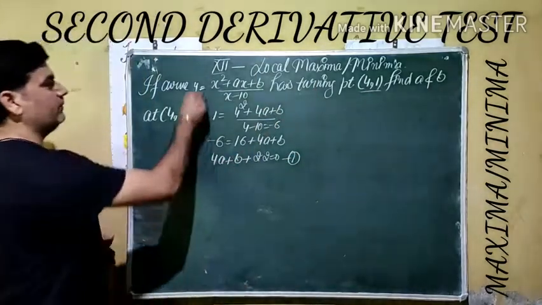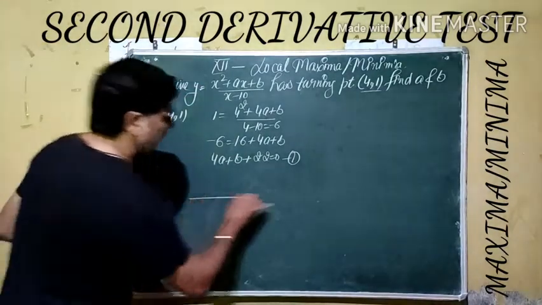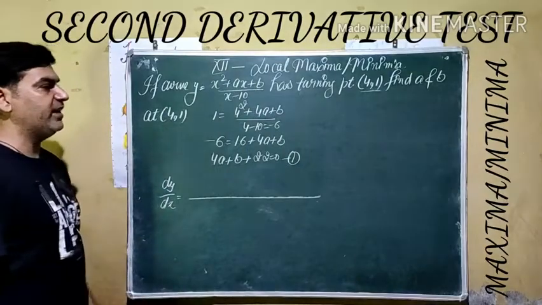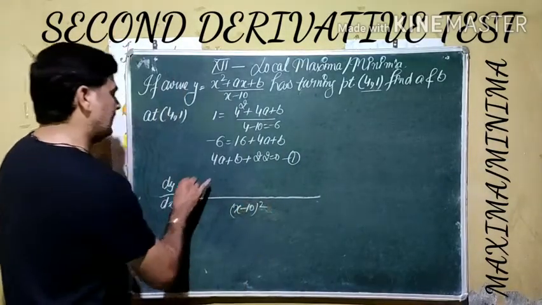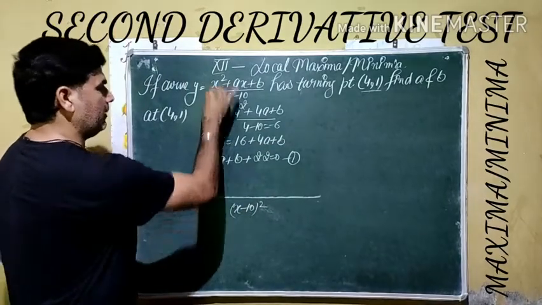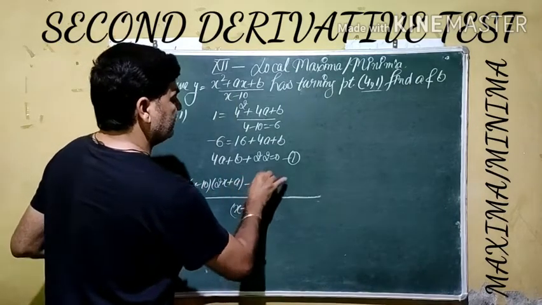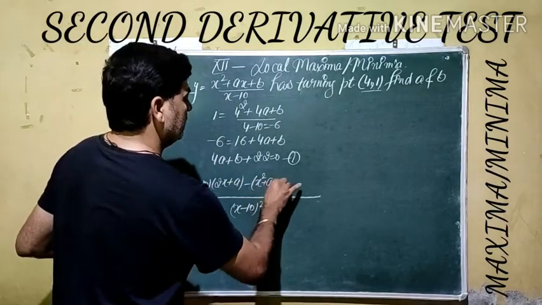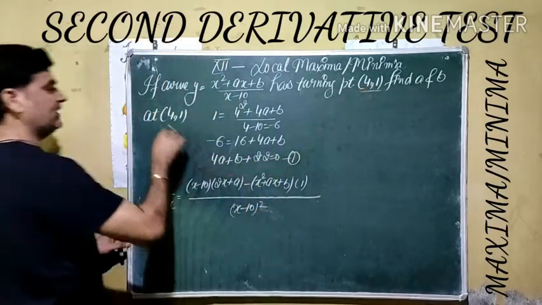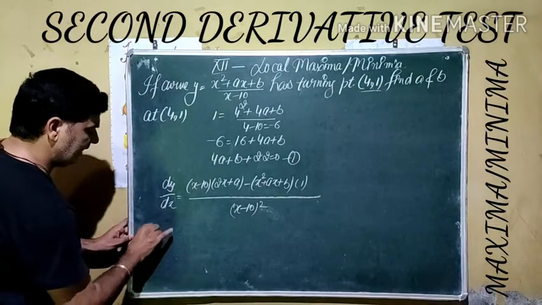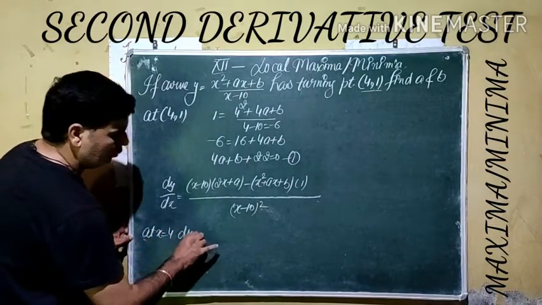To find out critical point, first requirement is to find out the derivative of the function. As it is a fraction type, we are using here the quotient rule. Square of denominator as it is, that derivative of upper becomes here 2x plus a, minus upper as is given by this one, and derivative of bottom is given by 1. At the critical point, x is given by 4, y equal to 1. Means if we put here x is equal to 4, derivative should be 0.